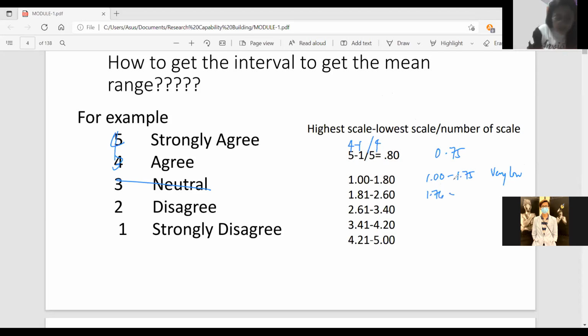And then 1.76 plus 0.75. This will go up to 2.5. So this will be low. And then 2.51. 2.50 plus 0.75 is 3.25. Okay. So this one becomes high now. And of course, 3.26 to 4 is what's left. Okay, so this is how you are going to make the intervals for your interpretation